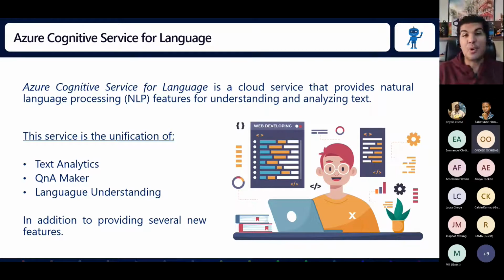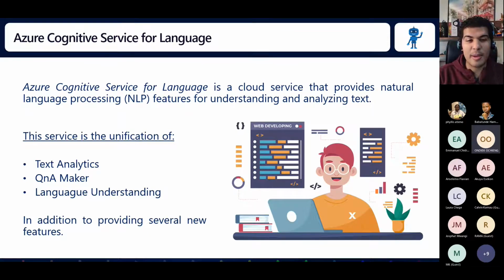If you previously worked with some Cognitive Services in Azure, this Language service is a unification of Text Analytics for sentiment analysis, QnA Maker for customized question answering, and also LUIS for language understanding. So this is a new Azure Cognitive Service